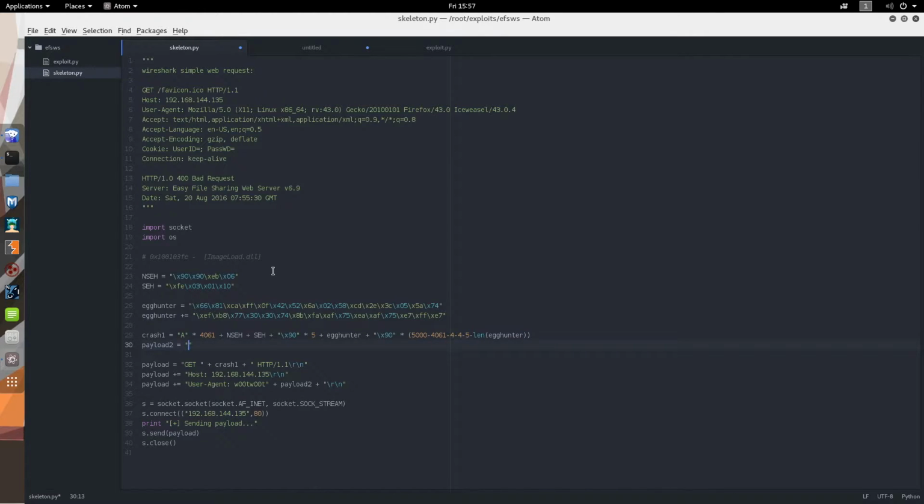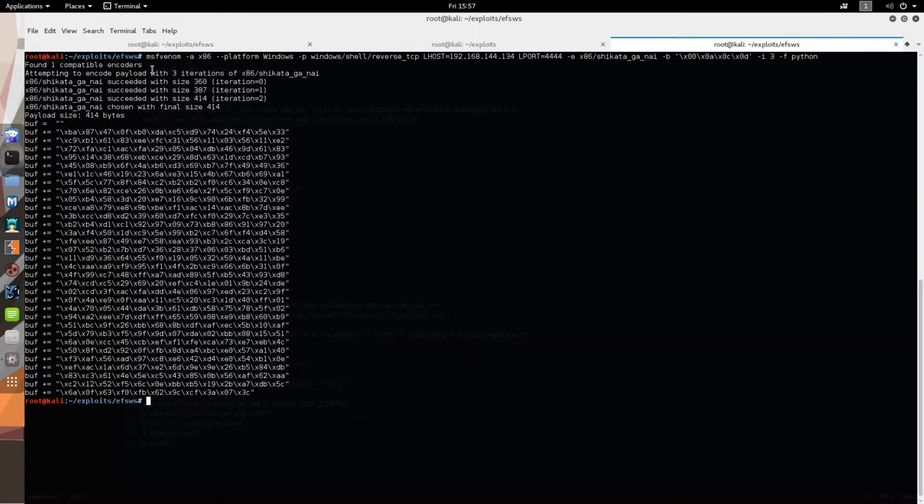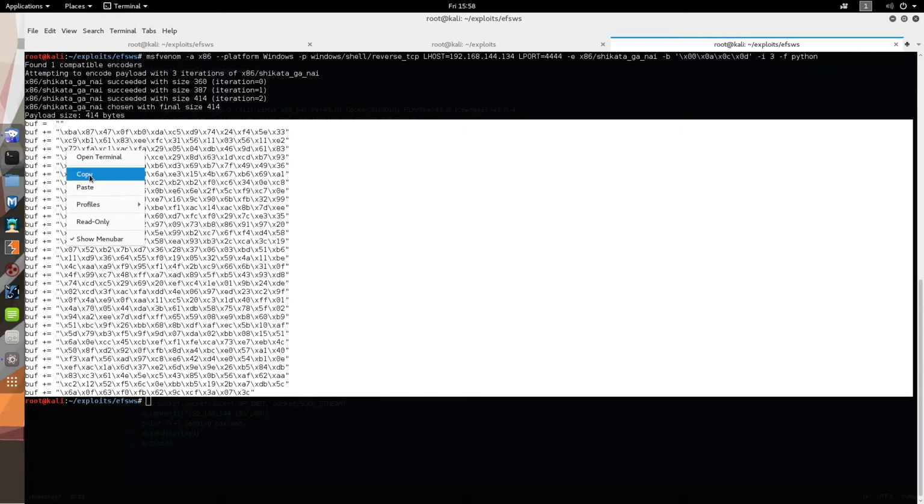For our second payload, we will just create a TCP reverse shell. I already executed this command here. I will use MSFvenom. The target platform is a 32-bit Windows. We will use a Windows reverse TCP shell. This is my attacking machine. This is the port I want to use. We will encode it. We will iterate the encoding 3 times. These are bad characters I don't want to have in our payload. So we have the null byte that would immediately disconnect our network connection, and these are the codes for carriage return, new line, and form feed, and our output should be Python, so we can just copy paste.